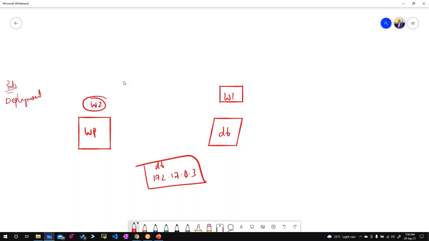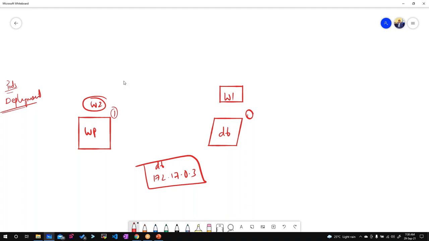That means if I directly run a pod object and this WordPress is killed, it won't come up. But if I put it under a controller, a deployment controller or replica set controller, even with only one instance of WordPress and one instance of DB, and I manage them using a deployment controller, then even if this replica goes down, it automatically comes up. Even in case of DB, if it is down, a new pod will be created again, or the existing pod will be restarted.